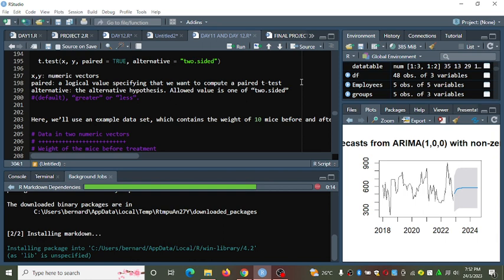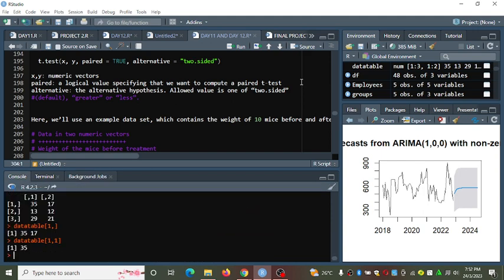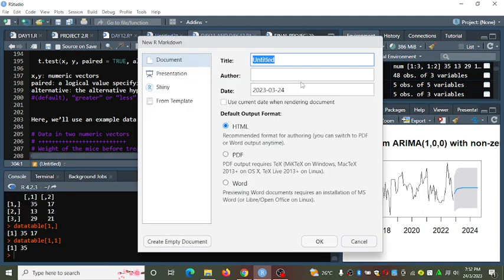Let's wait. This is called R Markdown. Okay, we can now continue. Here you can specify your name, for example, my name is Bernard. This is the title. The title is Time Series, for example.